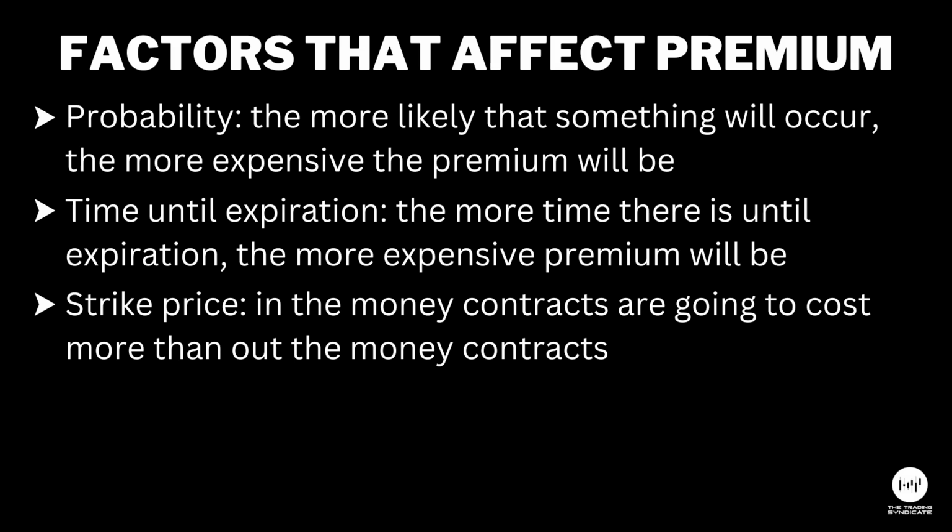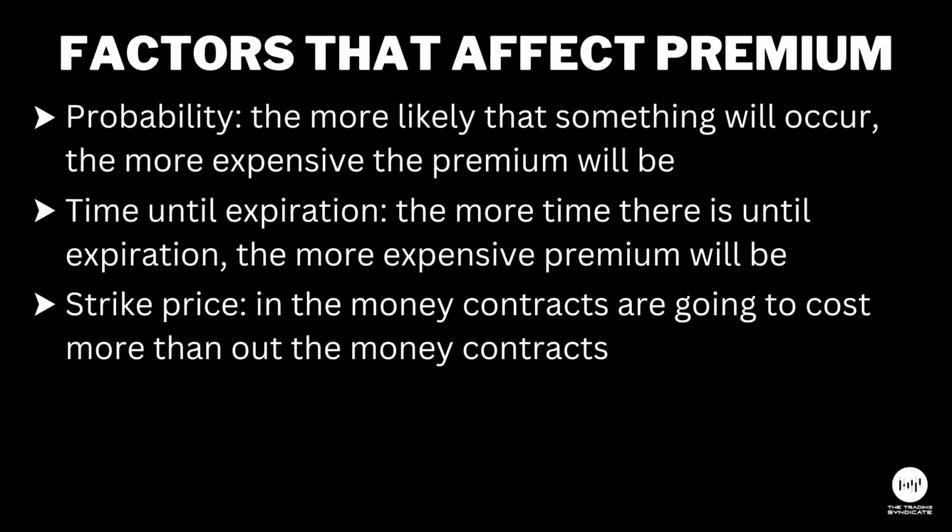And as time moves, time decay will eat away at the value of the contract until the expiration date, where if the strike price has not been reached, time would have eaten away the entire value of a contract. For example, an option contract that expires 1 year from now will have a higher premium than an option contract of the same strike price that expires 1 month from now.